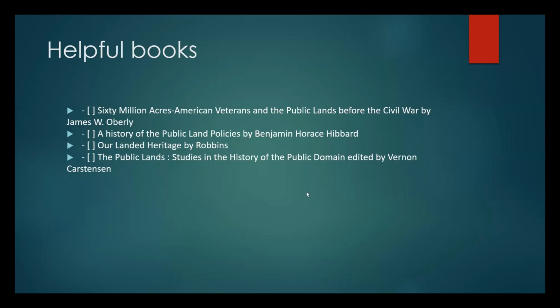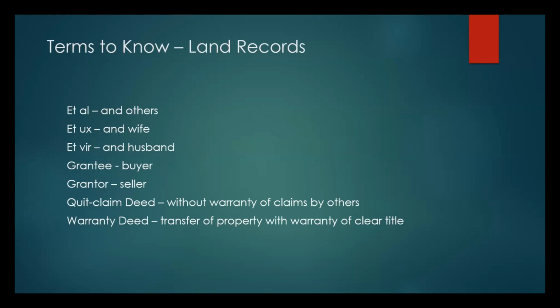Yes. Okay. So one of the things I like to know before I start looking at land records is some terms, because in looking at these books, you need to know what the different parties mean. One of the reasons you need to know, for instance, grantee and grantor, is because in a lot of the courthouse books, there's a grantee index and a grantor index. So you need to know if your person was the buyer or the seller. You would think they would all be in the same book, but they're not. Both names will be listed there, but they're indexed by one or the other.